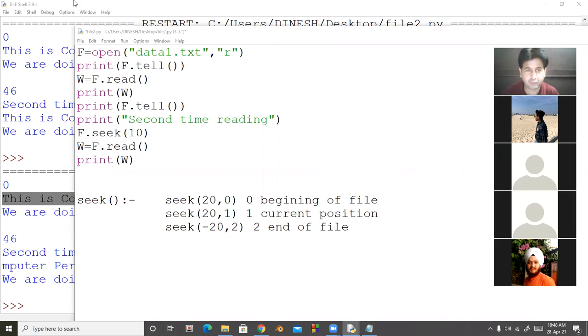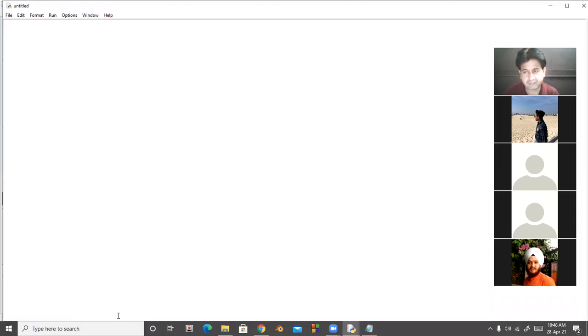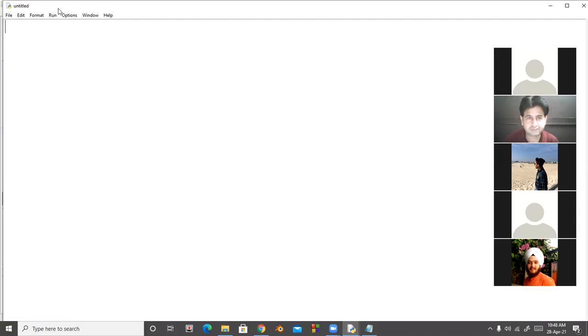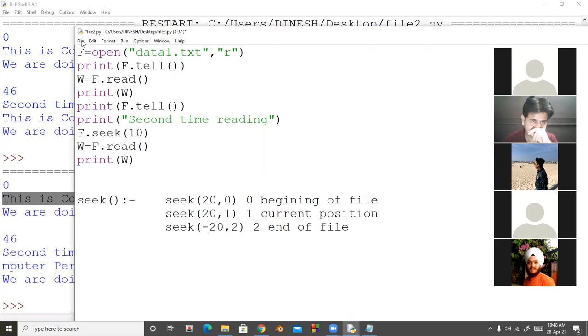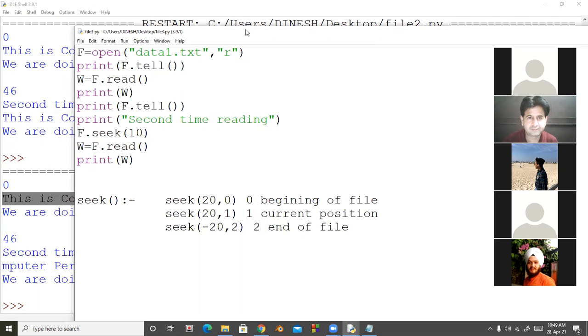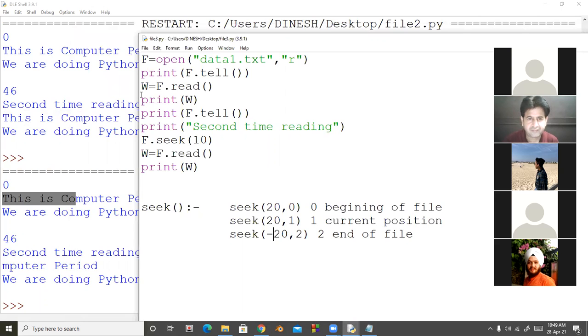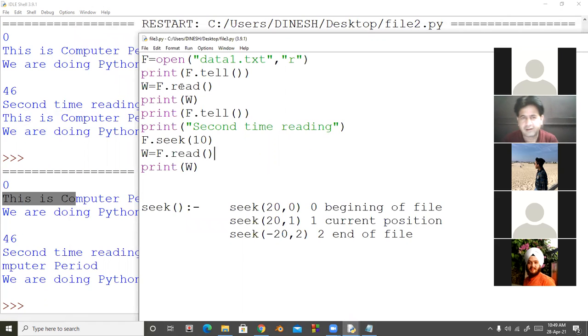Suppose look at here, I'm making one program. I read the file, first beginning location.